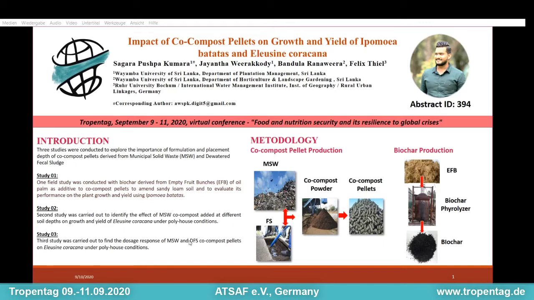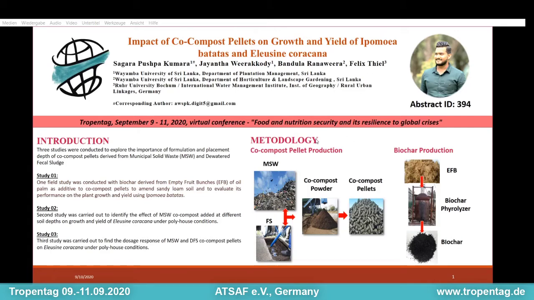field application. Biochar is used as an additive and it has long been used as a soil amendment. It can provide many benefits which contribute to soil fertility with long-lasting effects such as increased soil pH and water holding capacity. Therefore, we have conducted 3 researches to investigate the impact of co-compost pellets and powder on the growth and yield of Ipomoea batatas and Eleusine coracana, and to determine the optimum application rate and depth of co-compost powder